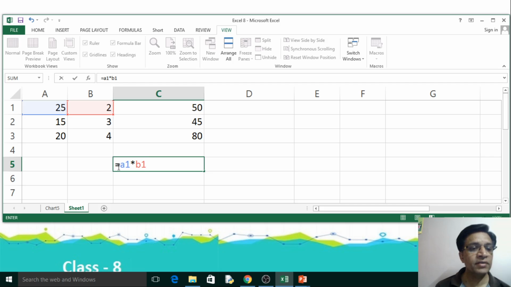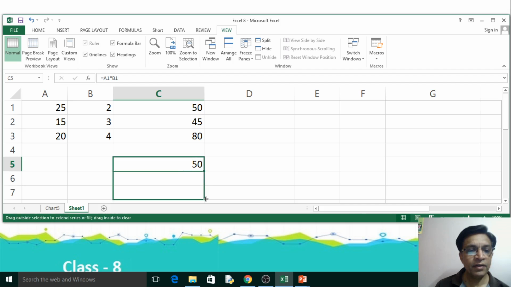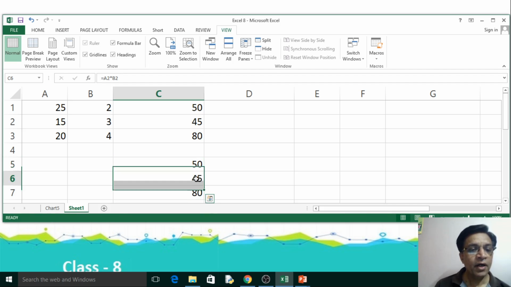You can see the colors there, and if I press enter, we get the same result, 50. Now if I copy the same formula here again, I'll get the same result.